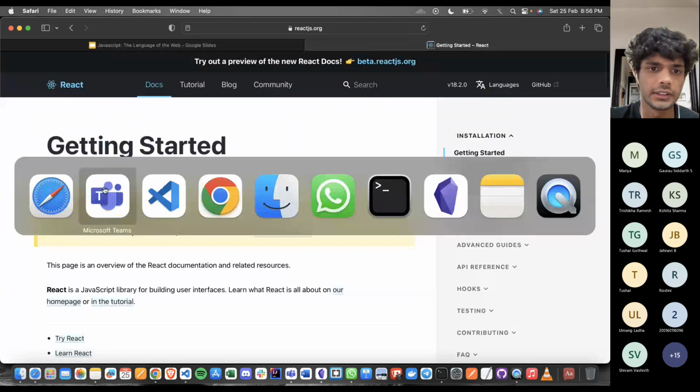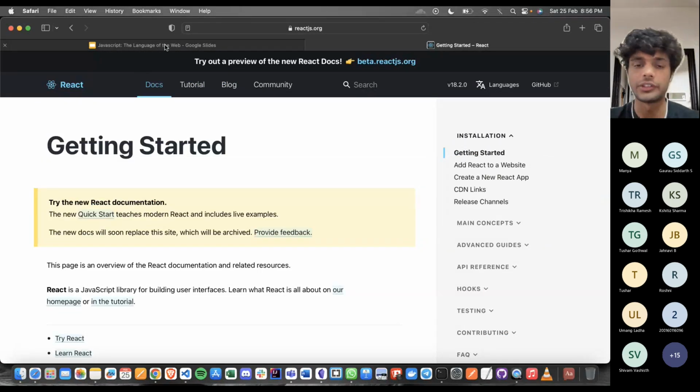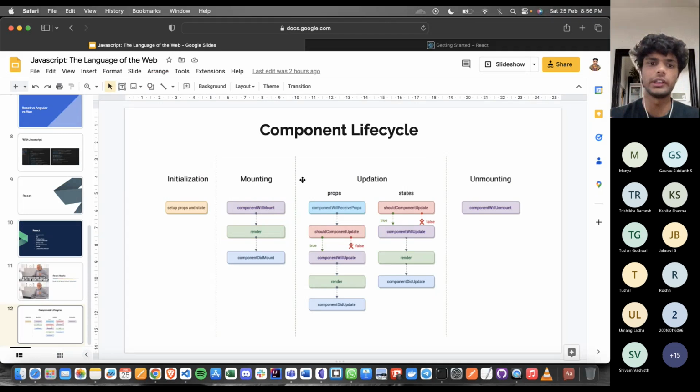नाउ आई थिंक दैट्स ऑल आई कैन टीच यू इन रिएक्ट। कंपोनेंट लाइफ साइकिल समझा रहा था, तो माउंटिंग हो गई। माउंटिंग के बीच में आता है रेंडर। रेंडरिंग मतलब पेज पे शो करना। माउंटिंग एक पूरा प्रोसेस है, उसके बीच में आ रहा है रेंडर, ओके। सो देख रहे हो ना, रेंडर आ रहा है यहाँ पे।